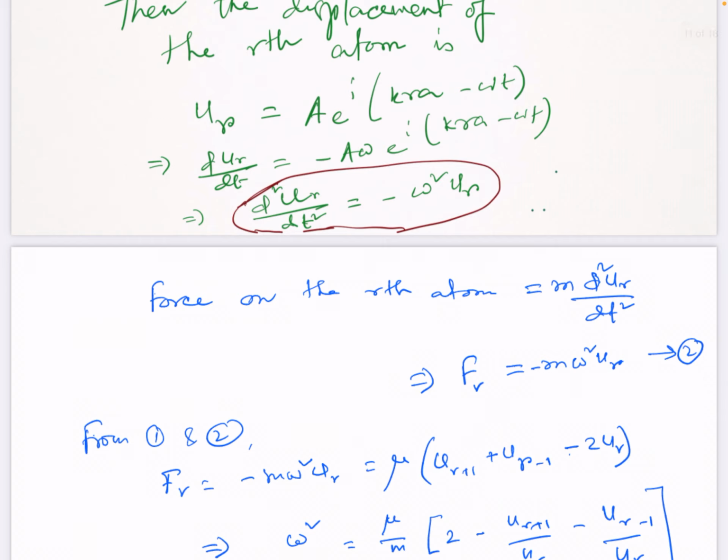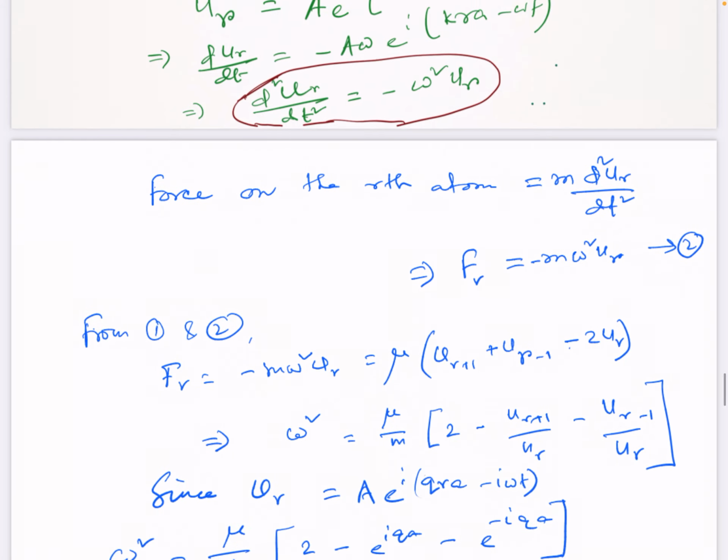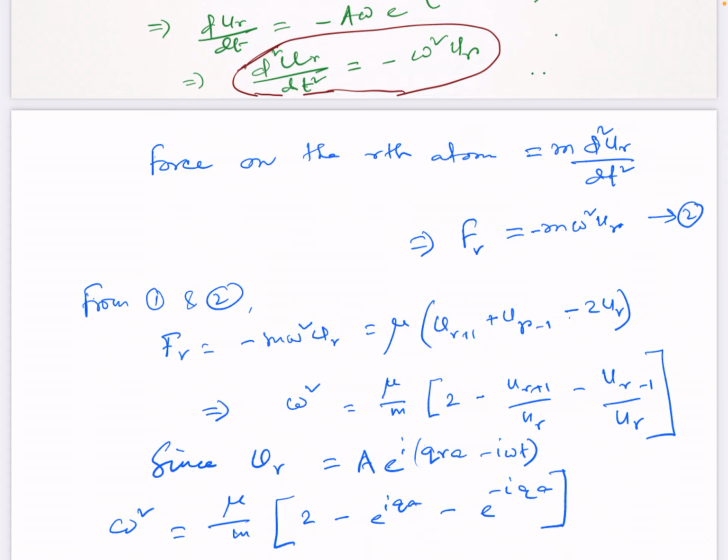Since d²u/dt² is minus omega square u_r, the force on the rth atom is given by minus m omega square u_r. And so now you can equate these equations which you have written. On the left side, what we are getting is from the displacement wave,